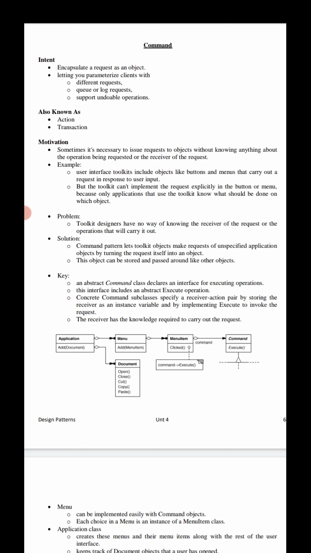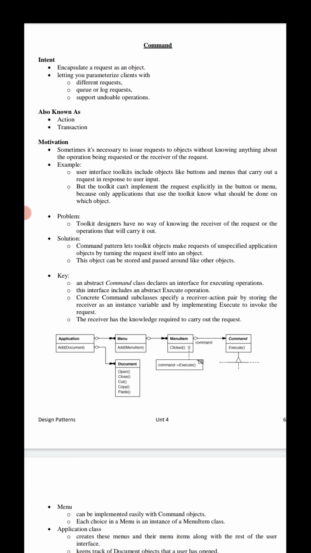So here let us see the solution using the command design pattern. The command pattern lets toolkit objects make requests of unspecified application objects by turning the request itself into an object. This object can be stored and passed around like other objects.